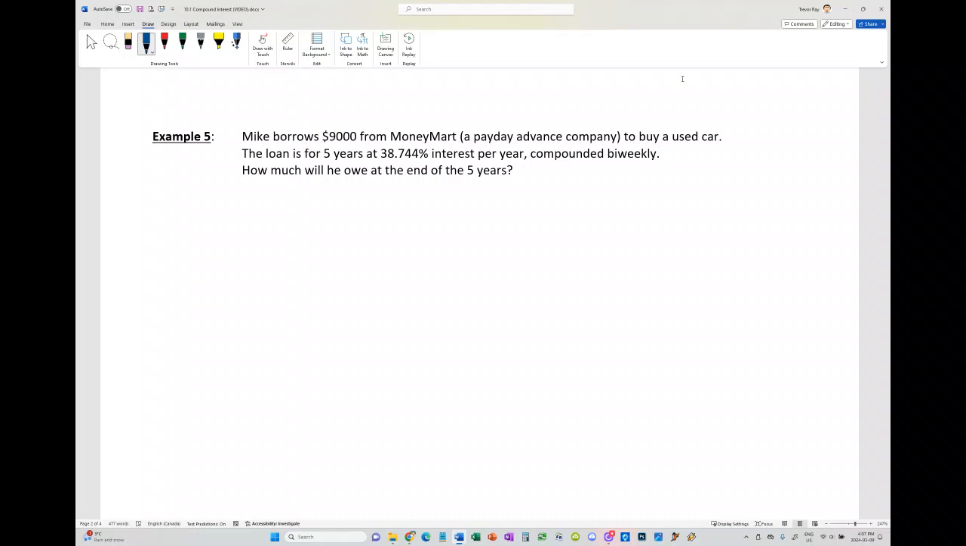So we get a $9,000 car. I don't know if anyone's been shopping for cars recently, but that gets you something mediocre, not something great. Let's see how much Mike's going to owe for this in the next 5 years. So the present value of the money he's borrowing is $9,000. The future value is what we're trying to find. The interest rate I is going to be